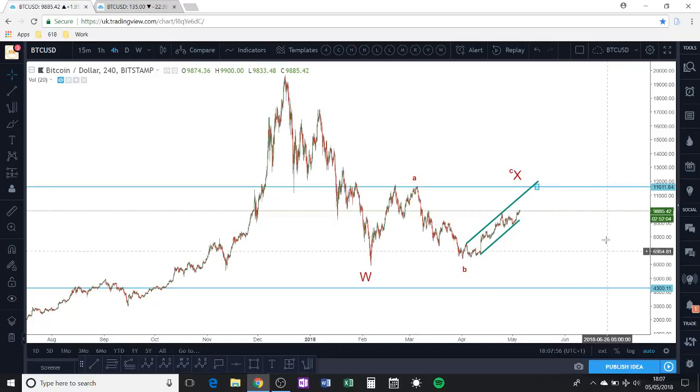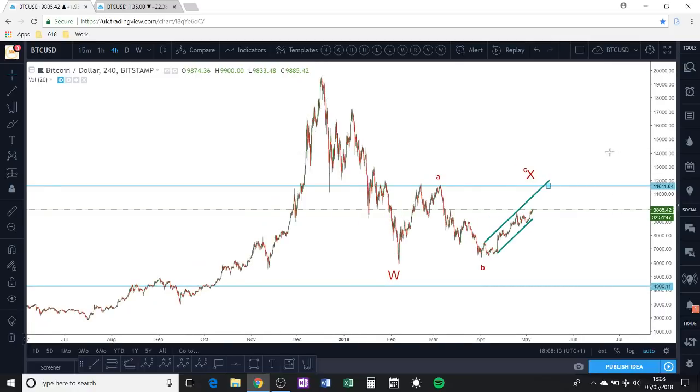So first of all, we have to understand the Bitcoin chart because this is the benchmark. It essentially behaves almost like an index for the cryptocurrencies. All the altcoins' moves are going to depend on the price action in Bitcoin. That's where all the money is, in Bitcoin. So whatever happens there will affect the rest of the cryptocurrency market.